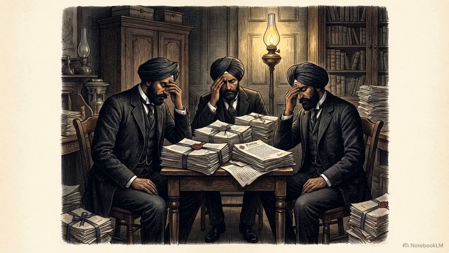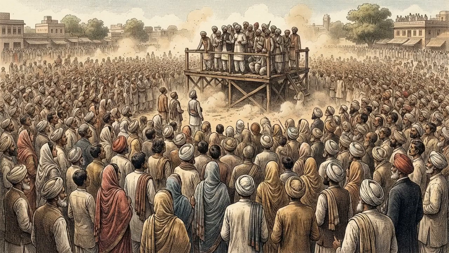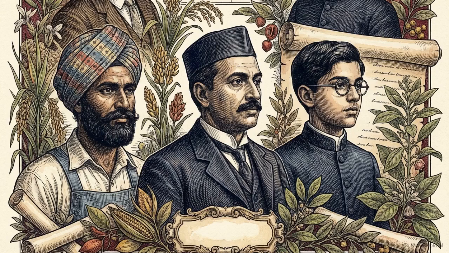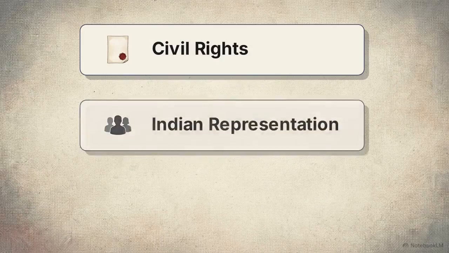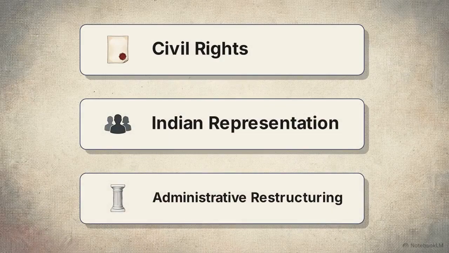However, elite lobbying in London reached a limit. By 1876, the focus returned to India, driven by the understanding that international pressure required mass mobilization at home to be effective. This shift was led by Surendranath Banerjee and the Indian Association of Calcutta, the most significant organizers of the pre-Congress era. Banerjee moved away from specialized elite interests, working instead to create a unified pan-Indian public opinion on political questions. This generation championed civil rights, Indian representation in government, and administrative restructuring.